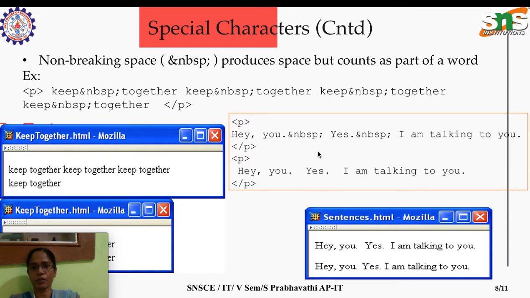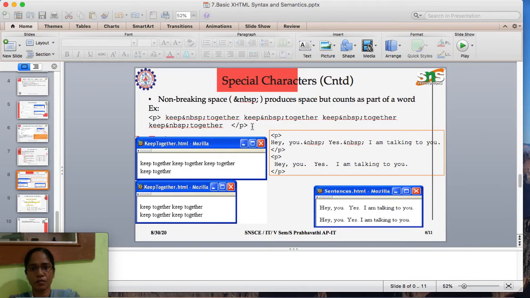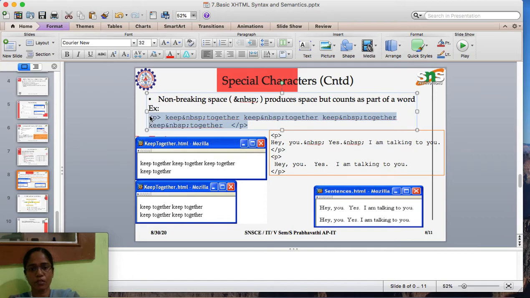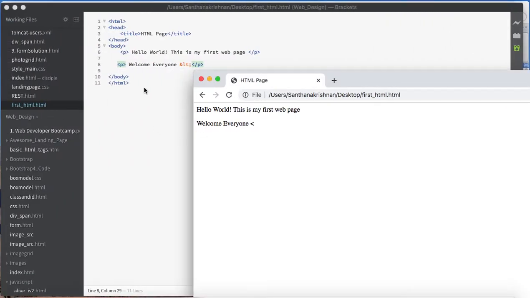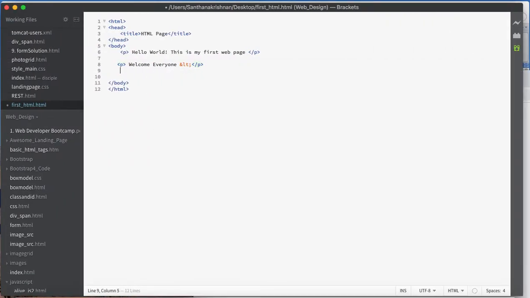Okay, so here is one more example for demonstrating the non-breaking space character. I will copy the code. Just a moment, I will copy it and show the demo. Here I will append the text. See here, I have these many lines, and of course this won't fit into one page, I assume.